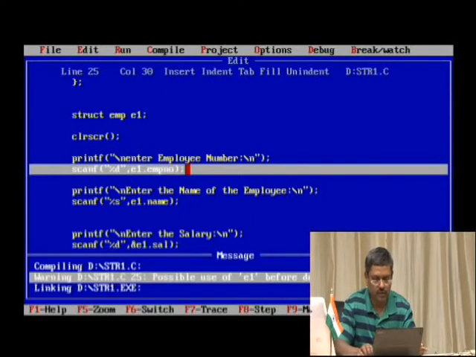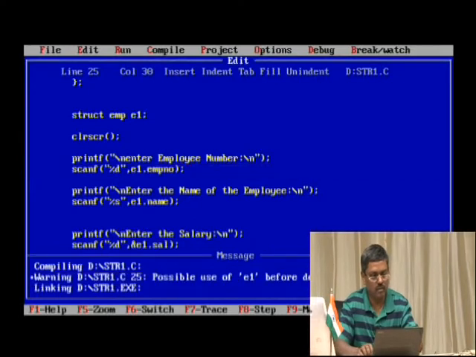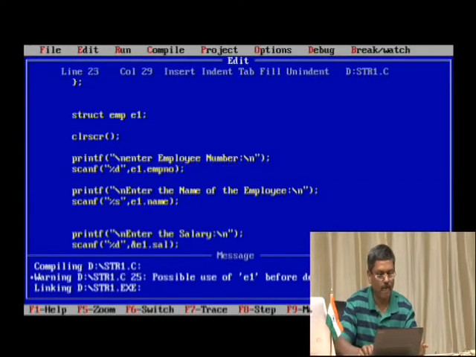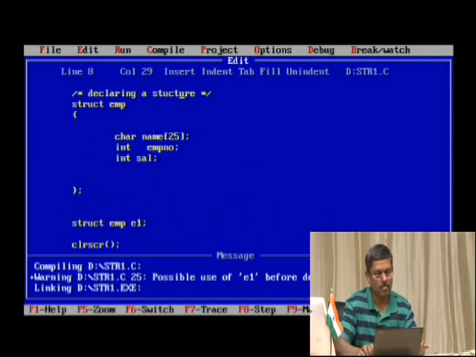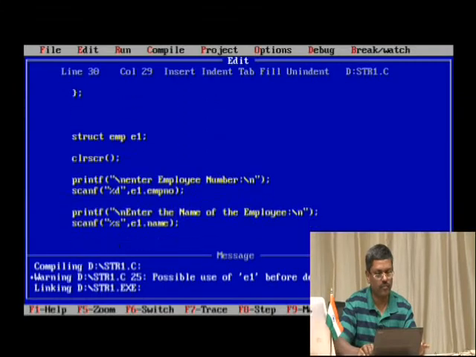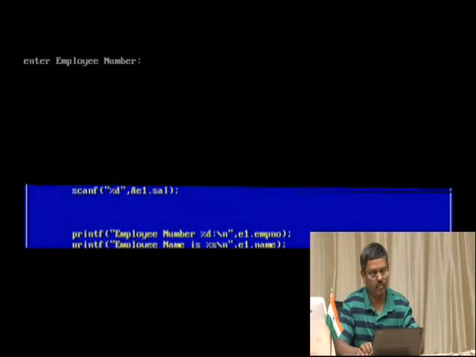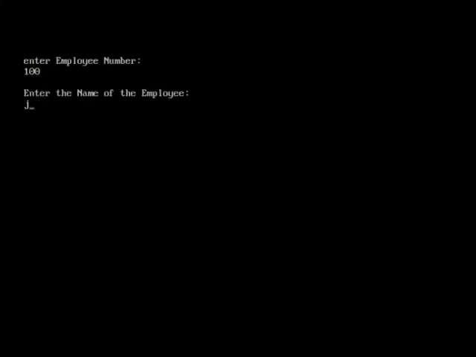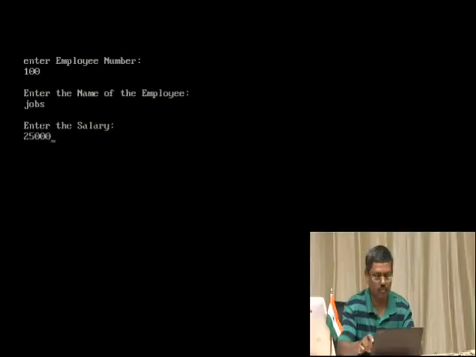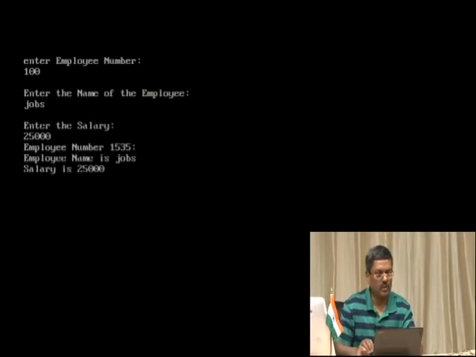Possible use of E1 before definition in the function main. Okay, so you can see that employee number I am not getting properly.